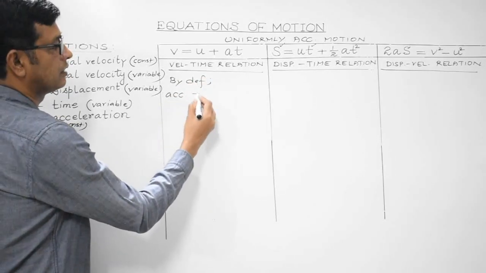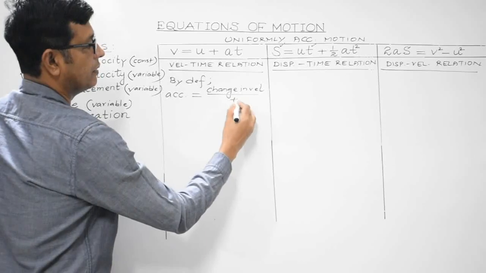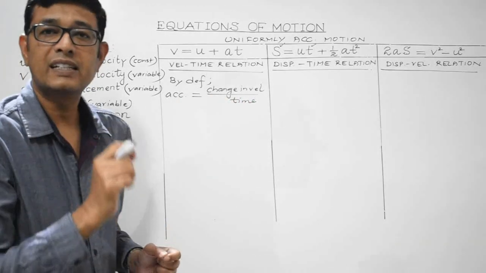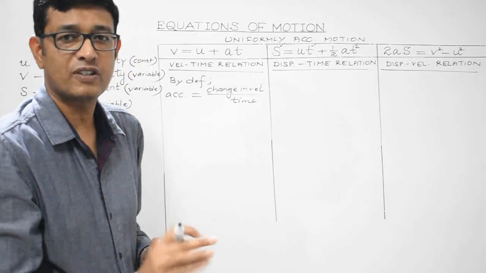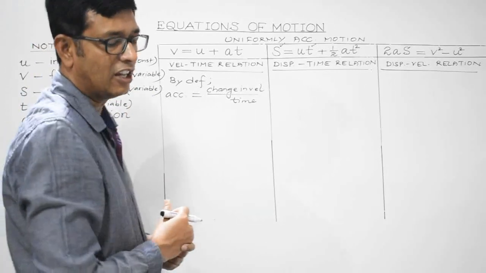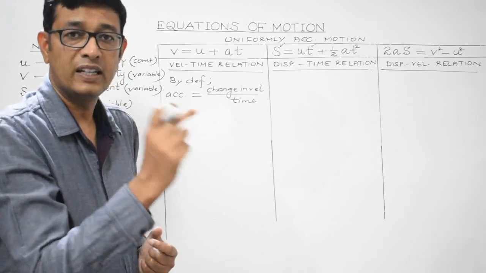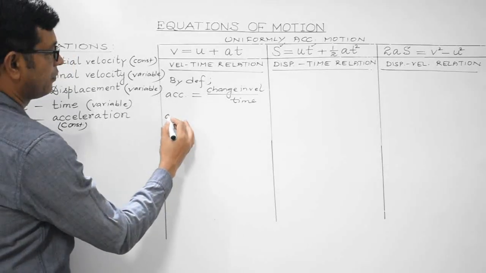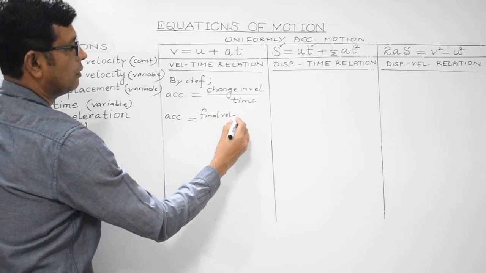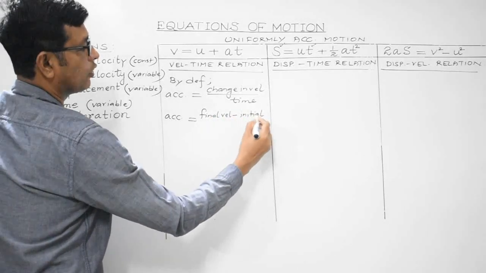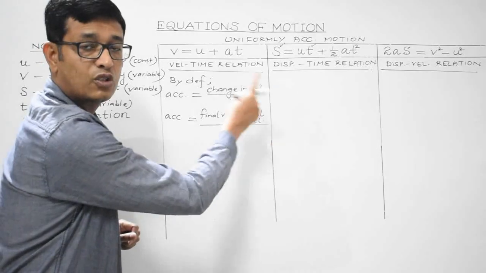acceleration is given by change in velocity divided by time. Students, we are aware acceleration is the time rate of change in the velocity of the body. That is the change in the velocity per unit of time, that is known as acceleration. And change in any physical quantity means the difference between the final value and the initial value. Final value minus initial value. So over here, change in velocity would be final velocity minus initial velocity, divided by the time taken by the body to change its velocity from initial to final value,